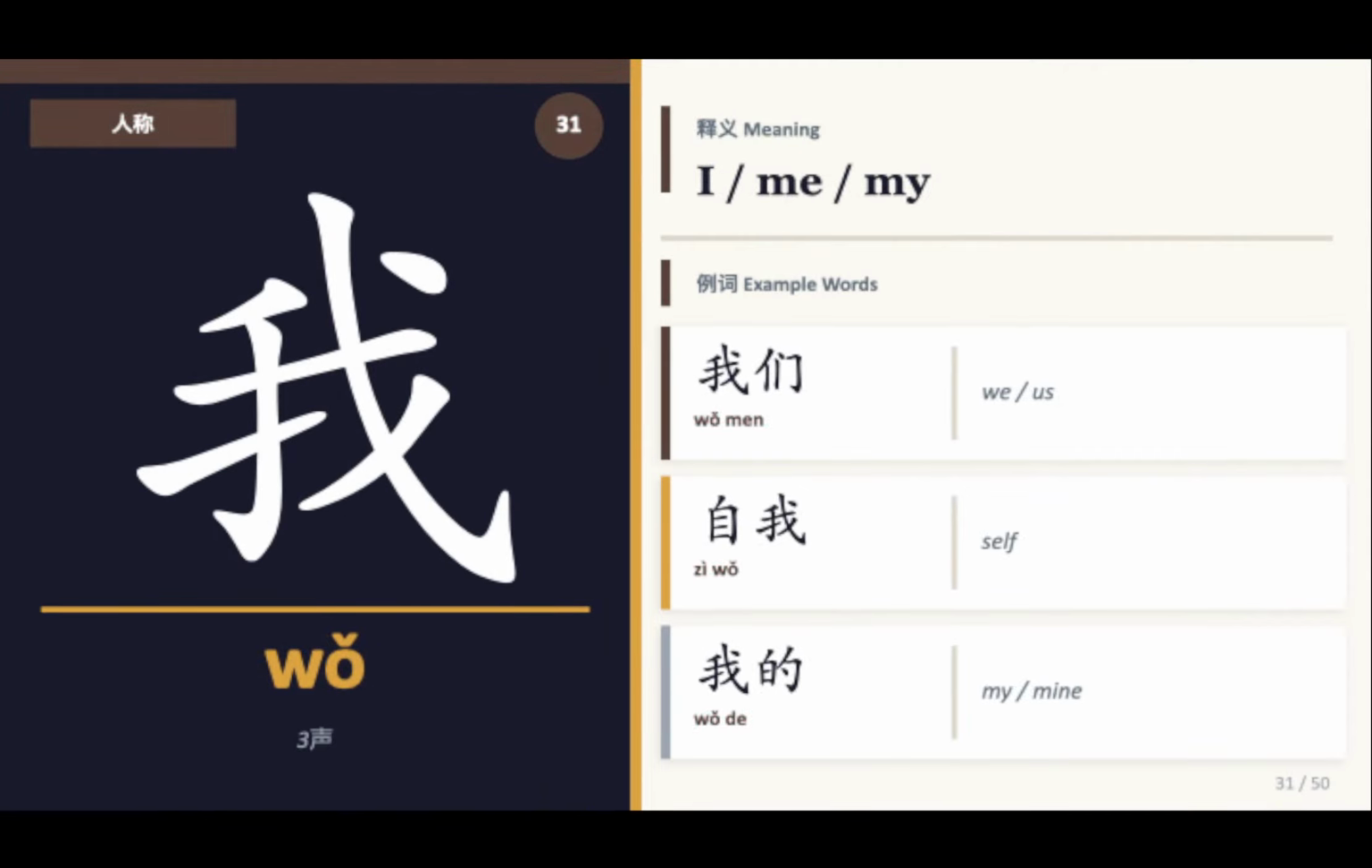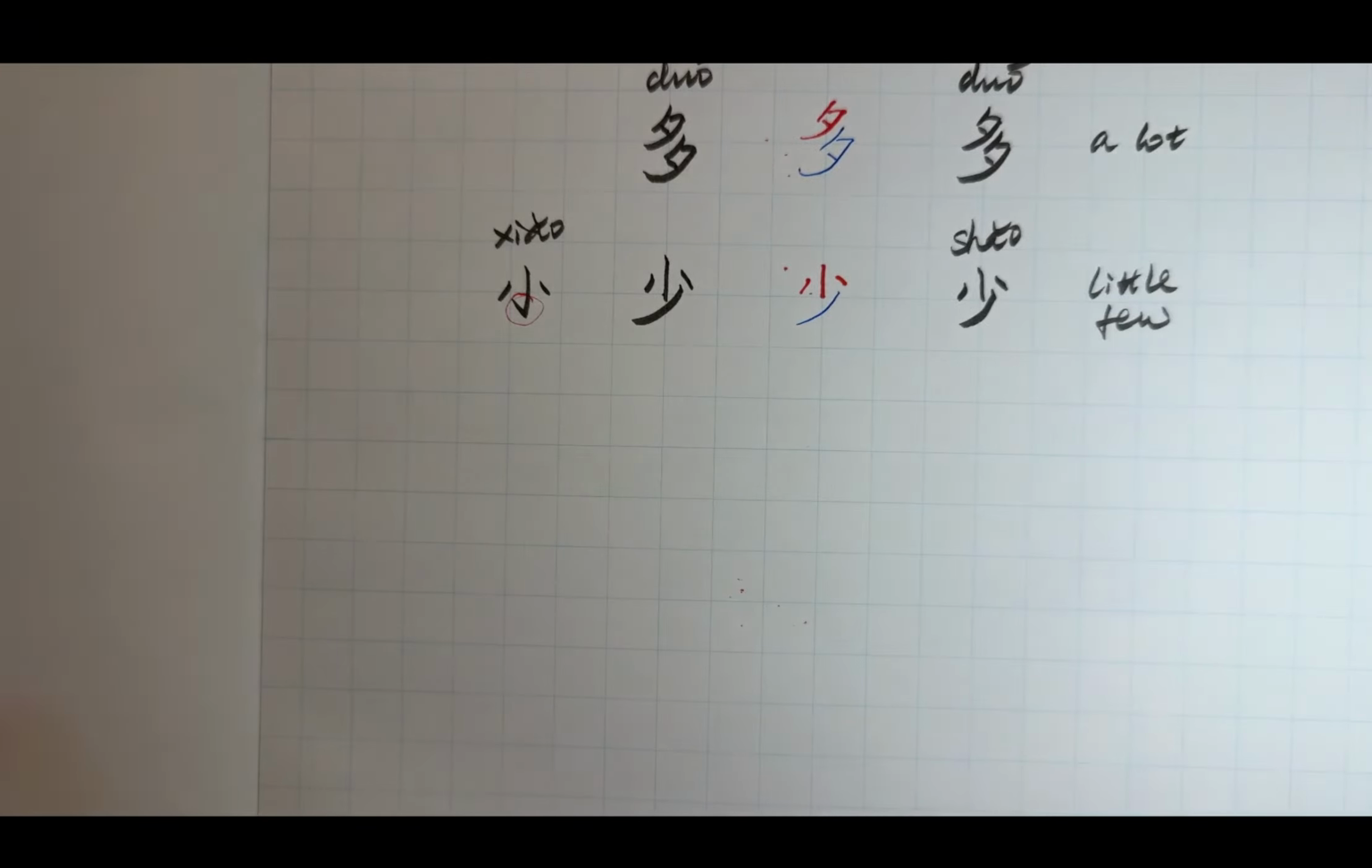Okay, so the next one, we use this so often. 我 is I, me, my. Again, we don't really differentiate this kind of I, me, my, subject, object. We would just use 我. 我们 is we or us, plural. 自我 is self. 我的, by adding 的, becomes possessive. So 这是我的笔，这是我的纸，这是我的本子，这是我的手机。